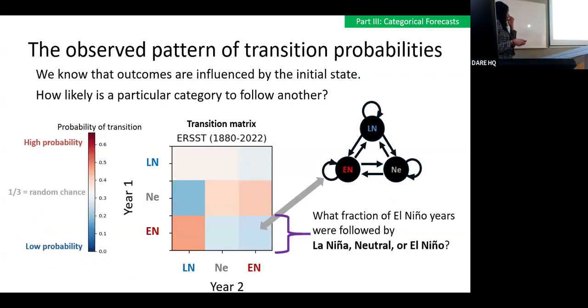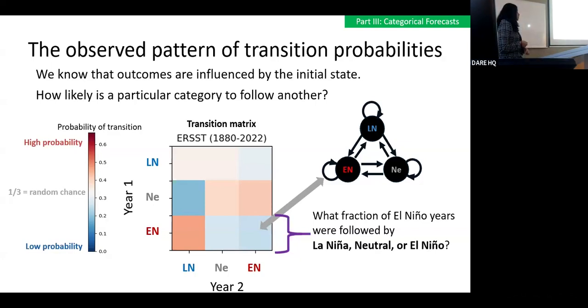So starting with the historical pattern of this, this is a transition matrix of those three states, where the transitions are from one year to the next. So you can go from La Niña, neutral, or El Niño in the first year to La Niña, neutral, or El Niño in the second year. Now, I'm going to assume you're all very familiar with graphs and transition matrices. As you know, there should be 9 possible transitions. And since we set it up such that these are terciles, the baseline probability would be equal between the 3 possible categories, right?